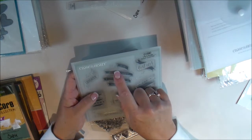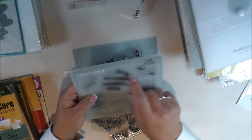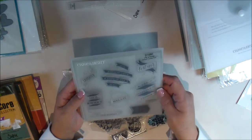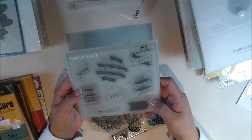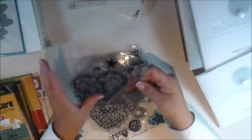And then this one here, I love this one. All You Need Is Love, Love Is All You Need. I don't know where I came up with that. I just made up my own thing. So that was really cute. I liked that one. And then these, I think, are old